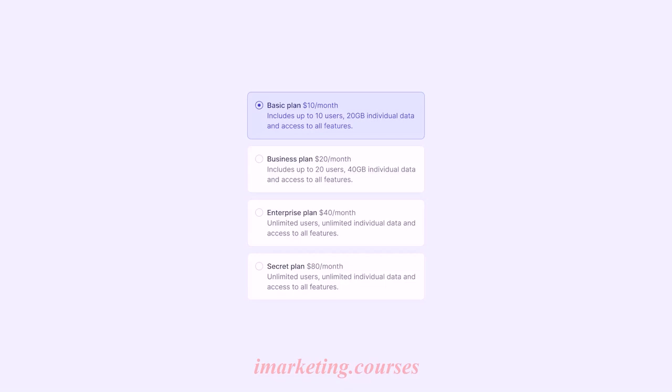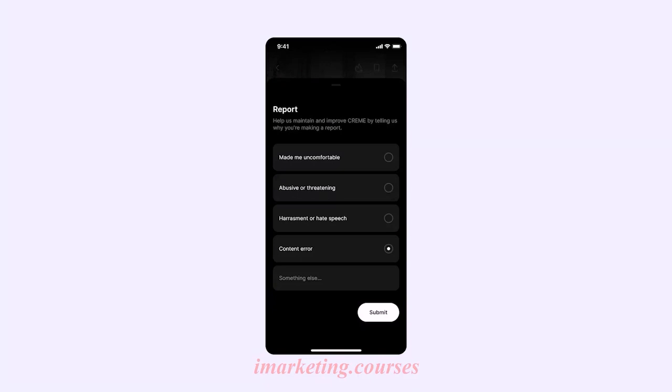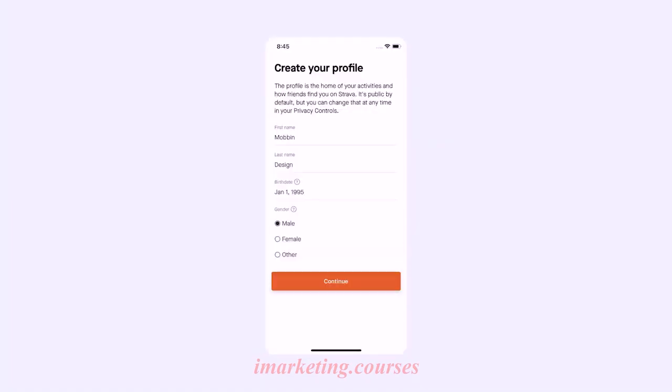Radio buttons, on the other hand, are circular buttons that allow users to select a single option from a list of mutually exclusive options. When the user selects one radio button, any other radio buttons in the same group are automatically deselected. This makes radio buttons ideal for situations where the user needs to select one option from a small set of options, such as selecting a gender or language preference in a user profile or selecting a payment method